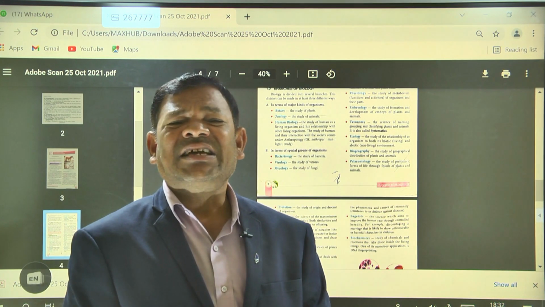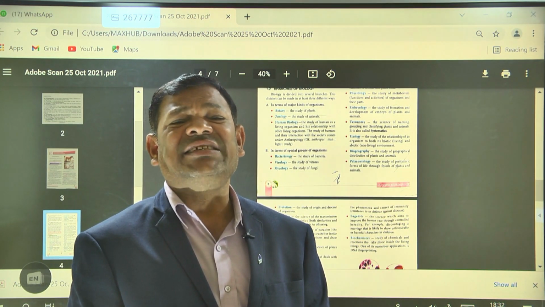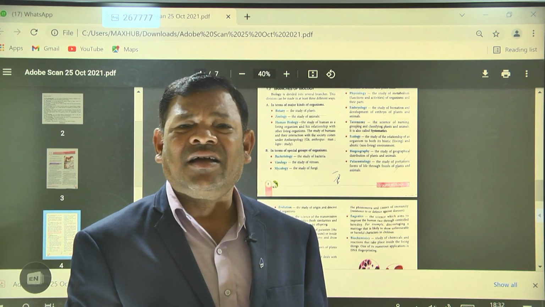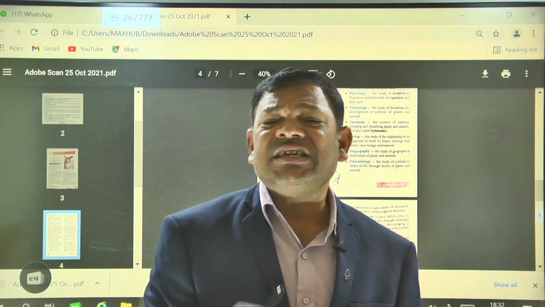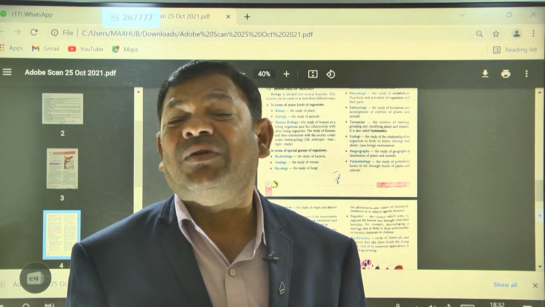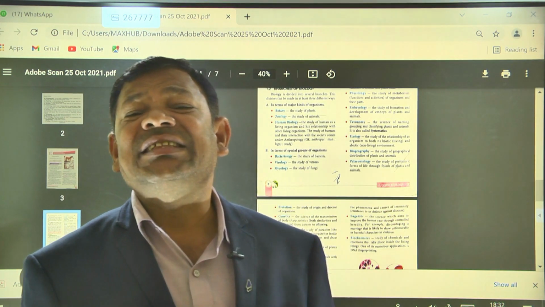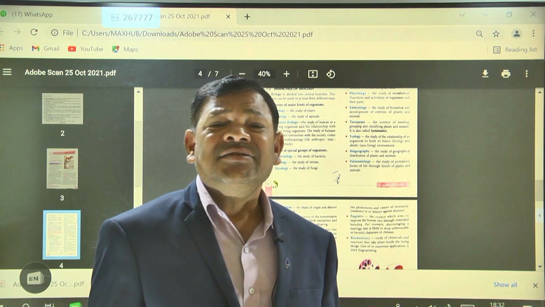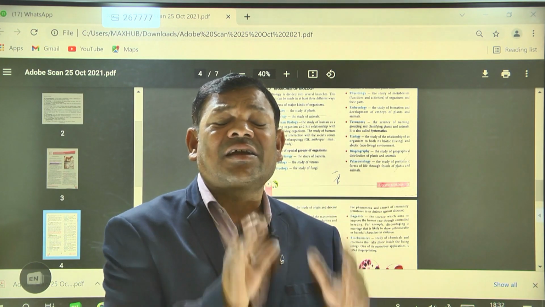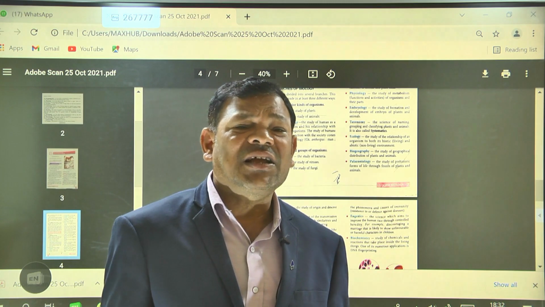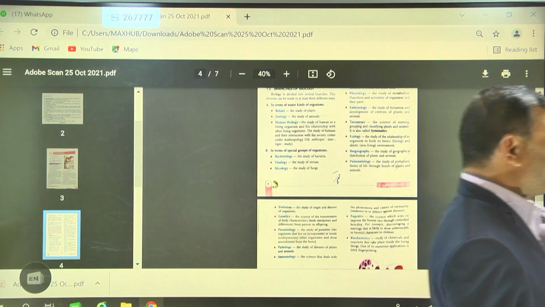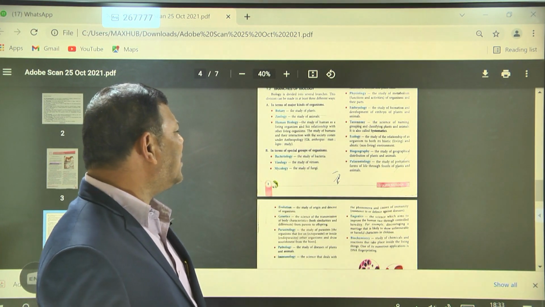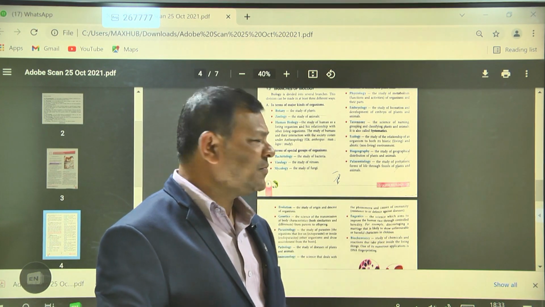You know very well, especially Australia. In Australia we can see the kangaroos. That is a particular characteristic feature, seen in Australia only. If you see New Zealand, especially we can see the kiwi birds. In our India you can see especially tigers, peacocks, lions. So these are characteristic features: in a particular country, a particular location, particular types of plants and animals are present. So biogeography is a branch of science. It deals especially with the geographical distribution of the plants and animals.